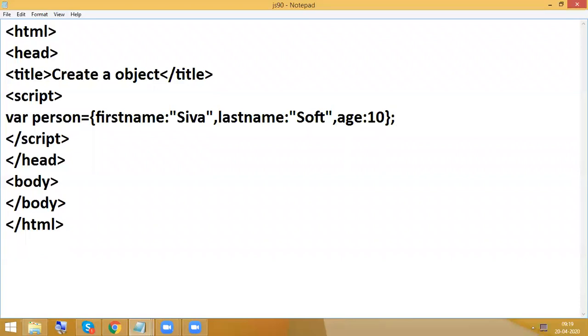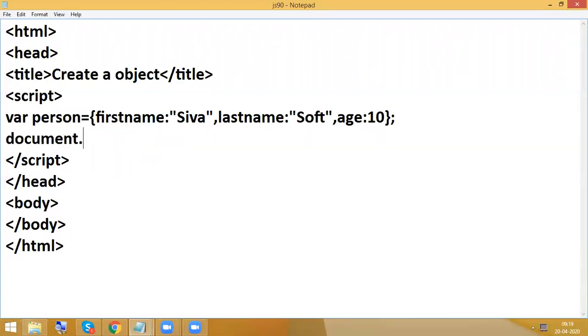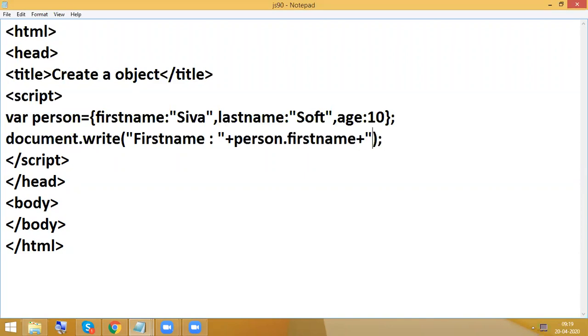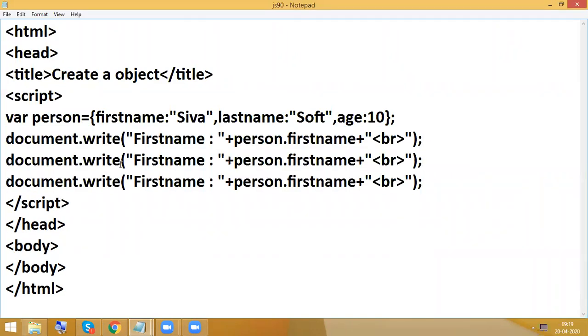Now I'm going to display that. document.write person.first name, and a break to display on a new line.